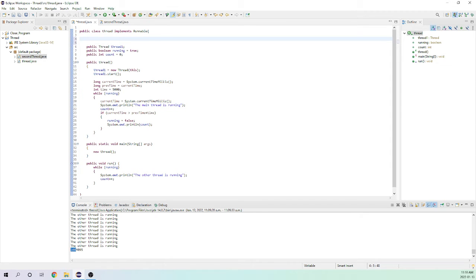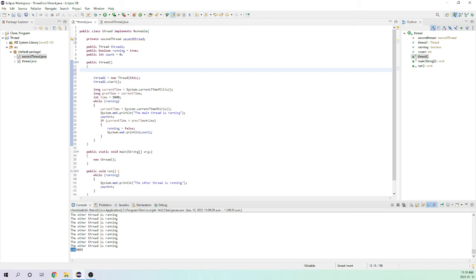initialize a second thread class by going private second thread equals second thread. And then we're going to initialize it over here. We're going to go second thread equals new second thread. So now we've initialized the second thread, but we actually don't have any thread that will run the